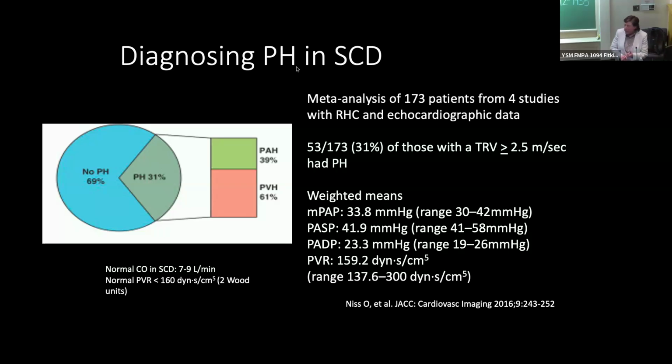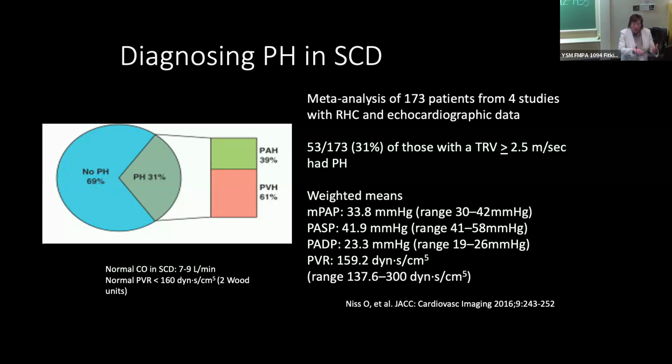What I can tell you about the hemodynamics in this disease is that many of our patients have combined pre and post capillary pulmonary hypertension. They may have pre at one point or post at another, but there's a lot of people who are in this group in between. At least 60% of our patients have some component of post-capillary pulmonary hypertension, and I would say 80 to 90% of those, it's related to diastolic dysfunction of the LV.